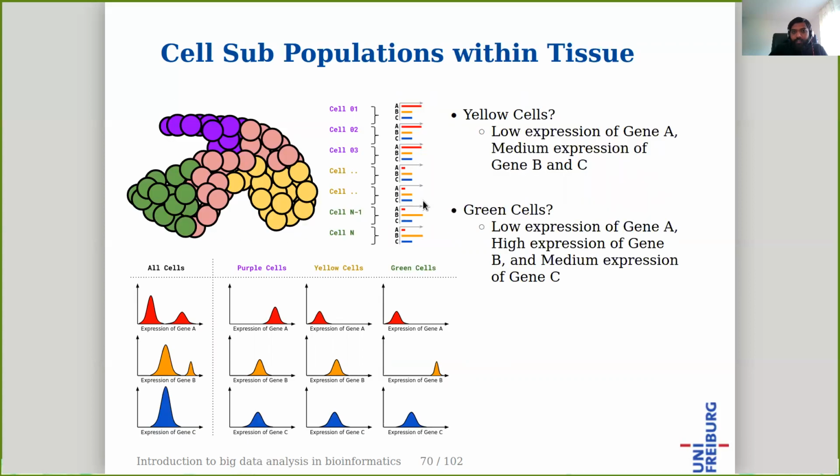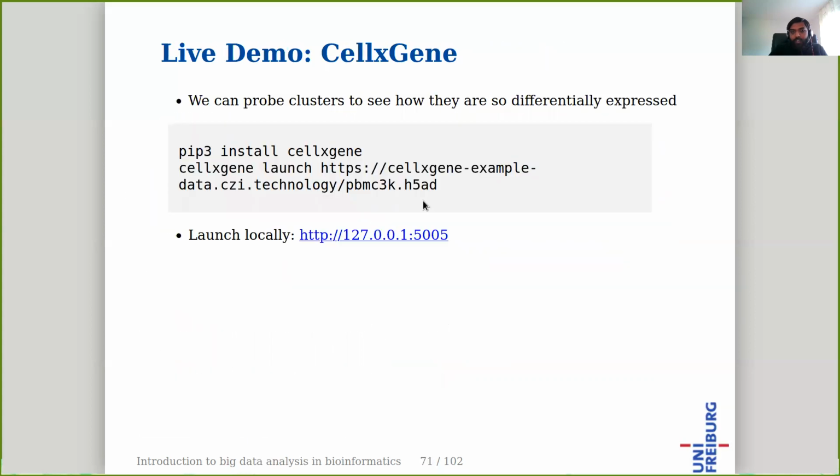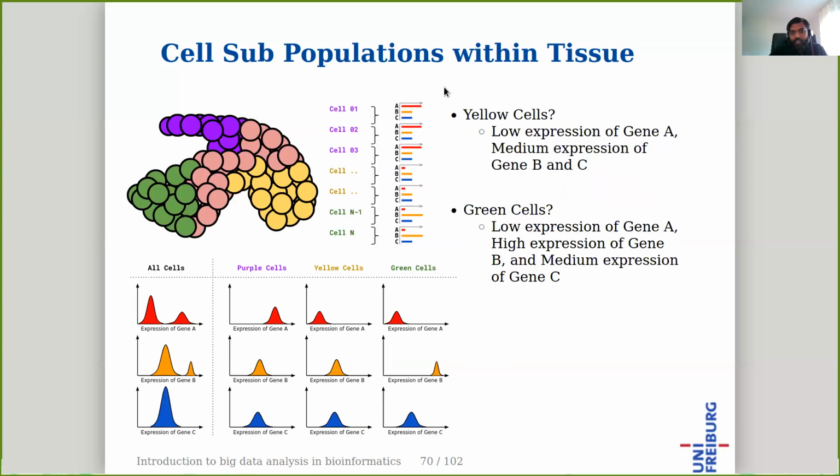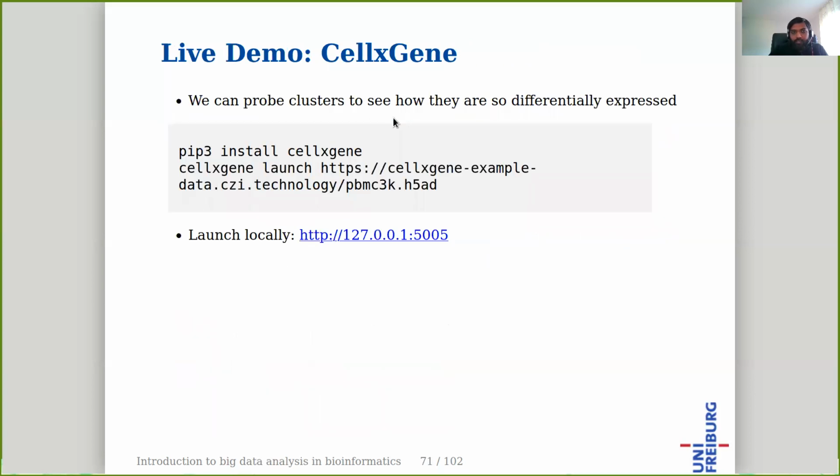But you can also look quickly at a video that we provided along with this lecture, where we use Cellxgene visualization, which is one of the popular visualizations to visualize such clusters of cells based on gene expression. So you can just check out this video. You can also install it on your computer with pip, and then launch it with publicly available data sets, this PBMC3K, and then launch it locally, and you can also do it yourself. Just check this out, and then you see